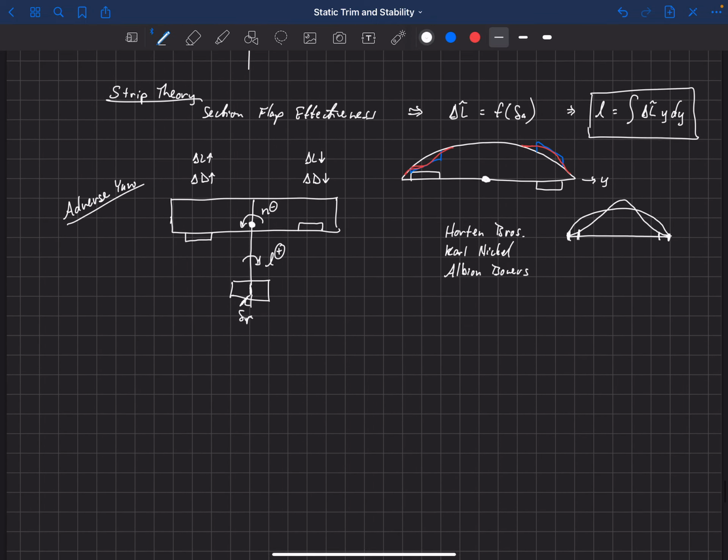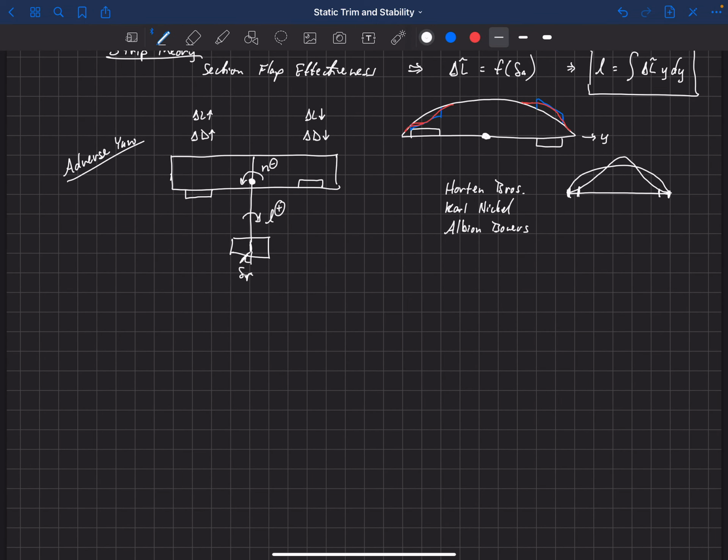Okay, so let's look at these results now in terms of lateral control derivatives. If we look at just the aileron, what we've learned today is that the reason we have an aileron is because we want to get a change in rolling moment. We call that C_L,δA. That's my change in rolling moment with respect to aileron deflection. But we also found that by doing that, we get a change in yawing moment for that same aileron deflection.